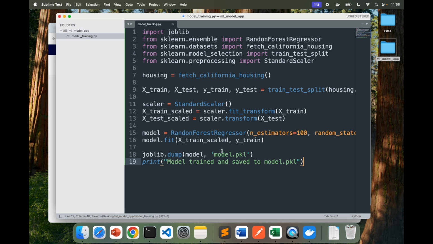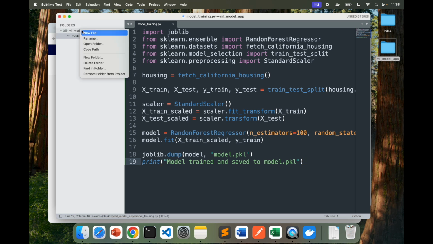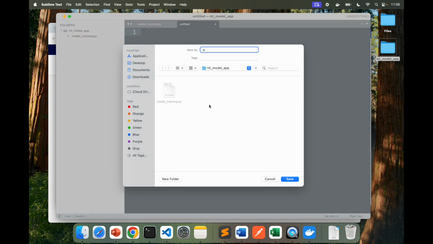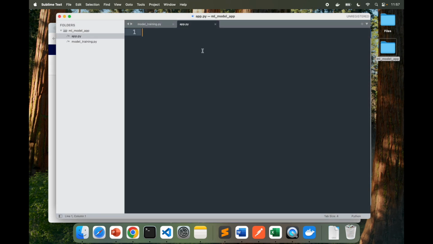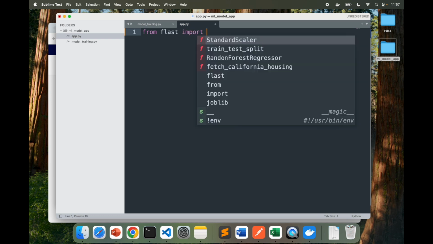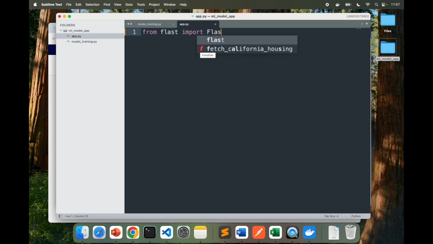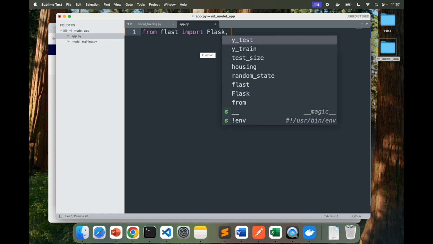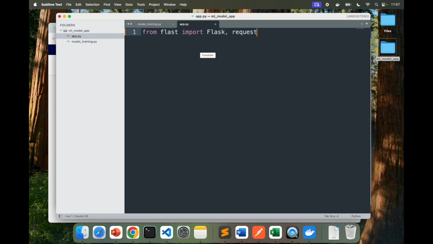So let's save it, and the next step is to create the Flask Python file. I'll save it as app.py. I'm going to start with from flask import Flask, request, jsonify.